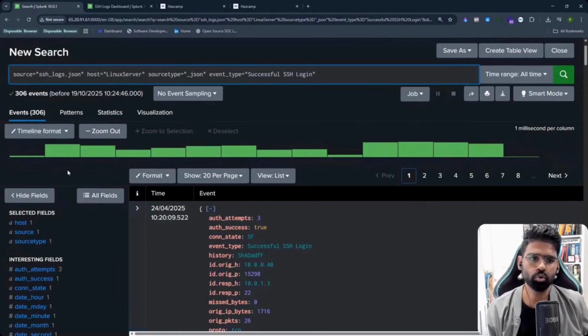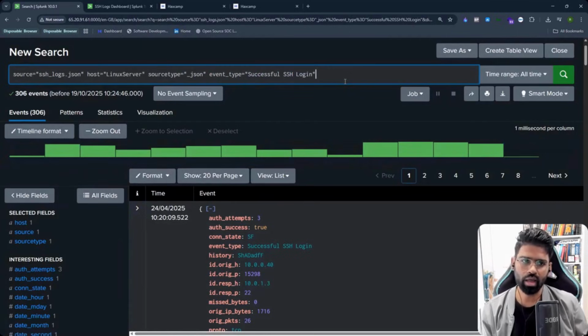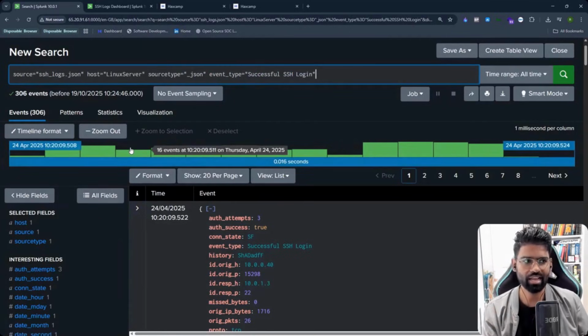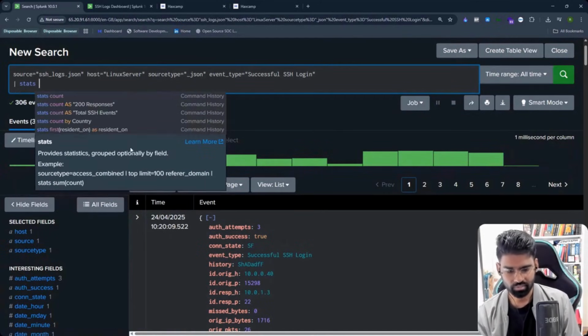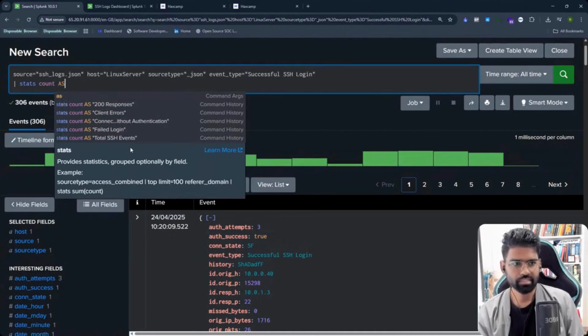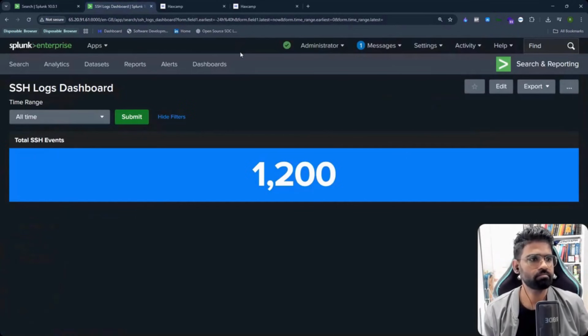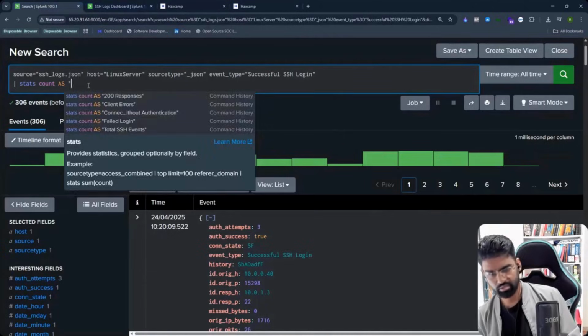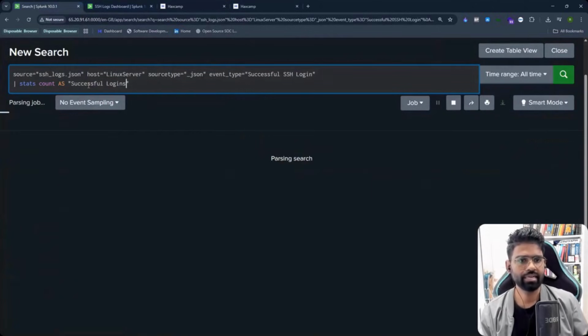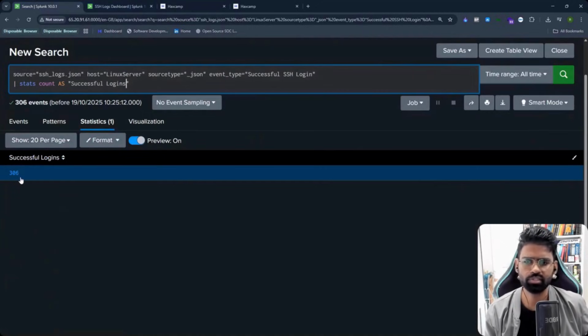I can click on successful SSH logins. Perfect. Now this shows me 306 events. But in the dashboard, I want this number exactly as it is, right? So I'll use pipe stats count as, and then the name, successful logins. Okay, press enter. Perfect, you can see 306, same number, right? And now copy this,